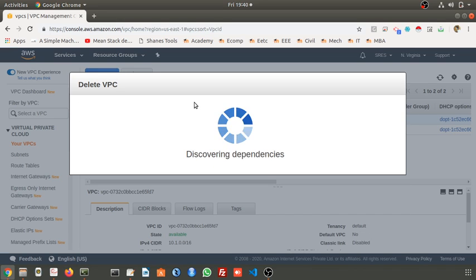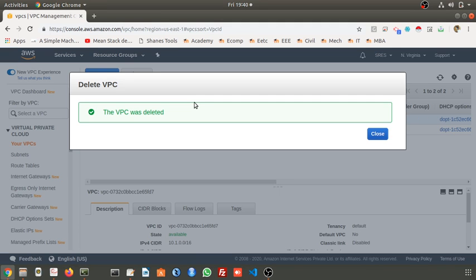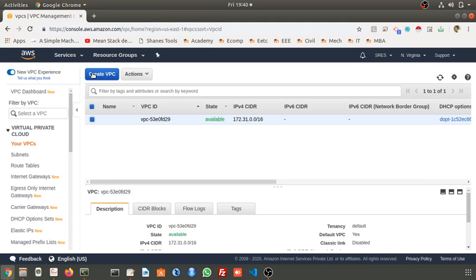Yeah. So this is the way of deleting the VPC. Directly you cannot. If any dependencies are there, it won't get deleted. First you have to remove the virtual instances. After that, any dependencies like NAT gateways and Elastic IPs should be deleted.